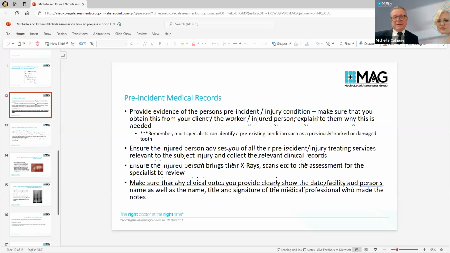It's good if you can interview the claimant yourself and say, do you have any history of injuries? And if they do, then you say, well, you'll just have to get those records before we can present it to the expert. And make sure that they bring their x-rays. Some of them do have a nice file of x-rays with them, but unless they've been advised that you must take your x-rays, they never do. So that all helps.